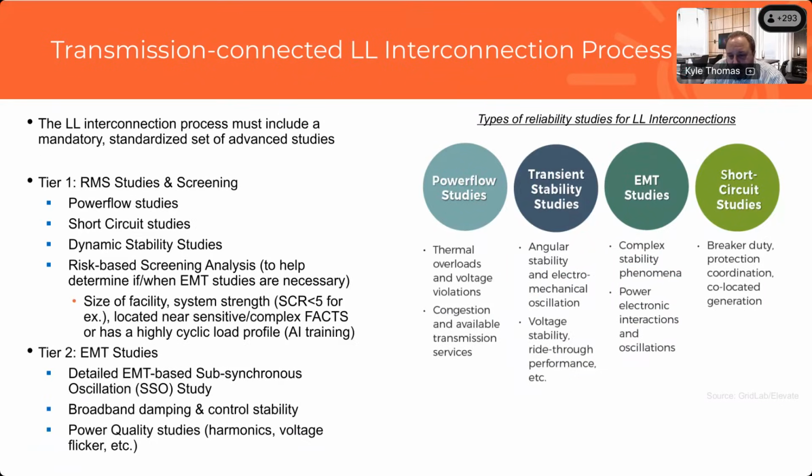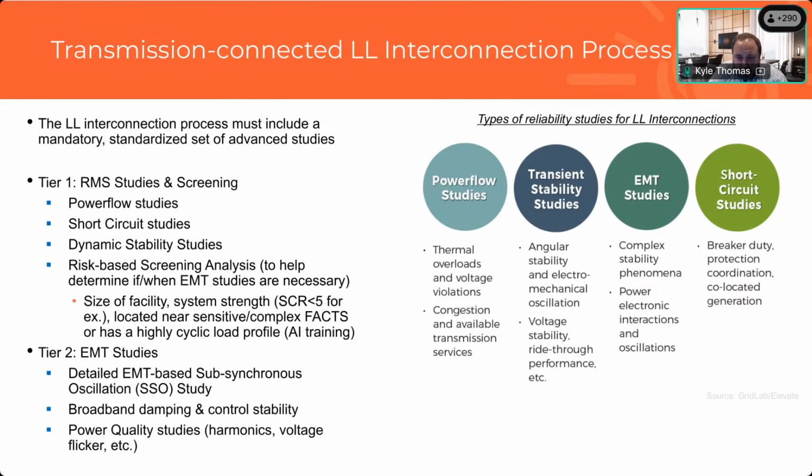One of the things Parag talked to a good bit, and so did Ahmed, and we touch on in ours, is once those models and the data are available and those performance requirements, throughout that interconnection process, there are a variety of studies that likely will need to occur. Some should occur every time, and then some might need to get screened. So we provided this set of the overall reliability studies for large load interconnections that can be done, and then highlight the fundamental, what we call tier one, the RMS studies and screening analysis, right? So that's your power flow studies, your short circuit analysis, dynamic stability studies, and doing that risk-based EMT